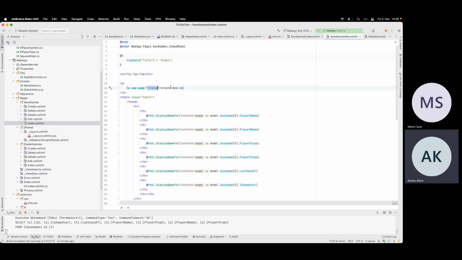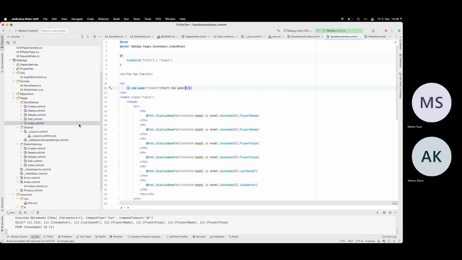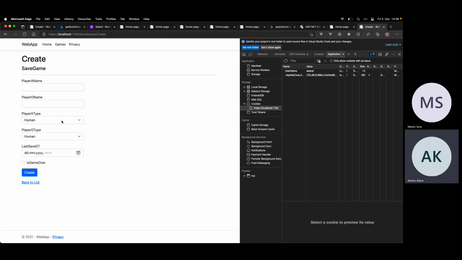And this one here is not the create new, but start new game. So what will the start new game be like? Player X, player O. So let's say human, computer. Human.